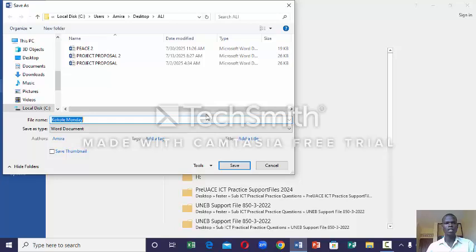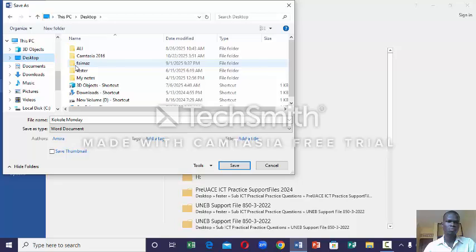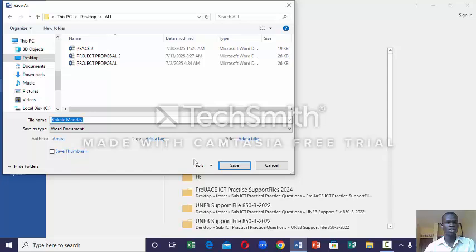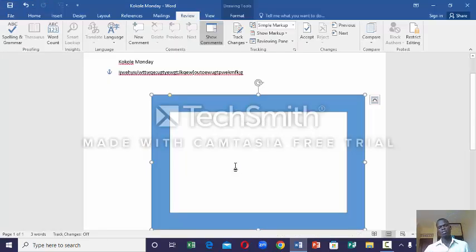You type here, and it shows you the folder you want. If I had a folder in that computer, I could get the name at the desktop. You click on it, open the folder, and then choose the file name. I just want to call it Monday, so you can save it directly and you find that it is saved.